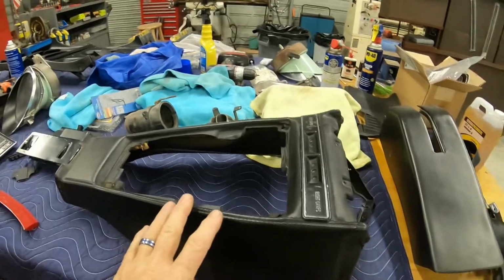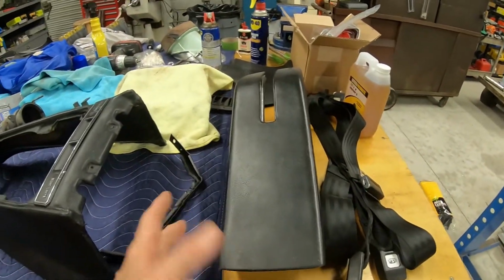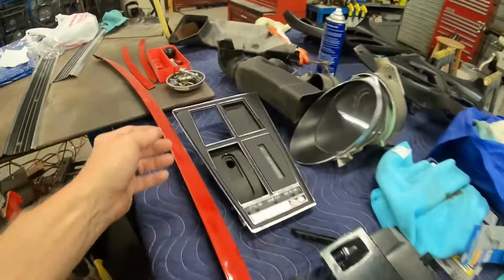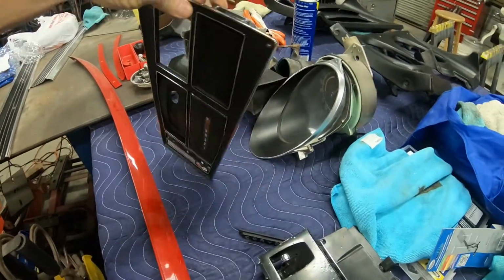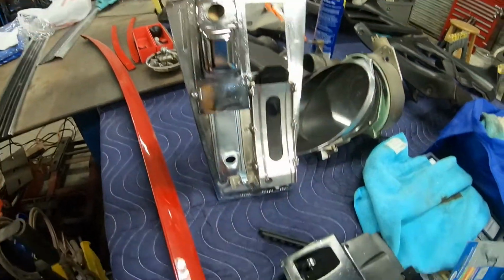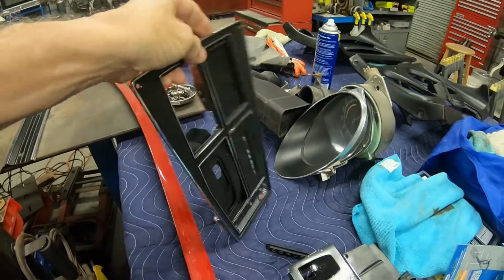And then I got to clean this piece up yet, and I got to clean this piece up. They're pretty good. I think they're just dirty. They just need to be cleaned. This piece appears to me like the previous owner. It's brand new, so it's reproduction, but you can see it's brand new, which is good